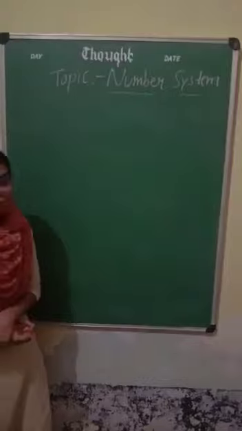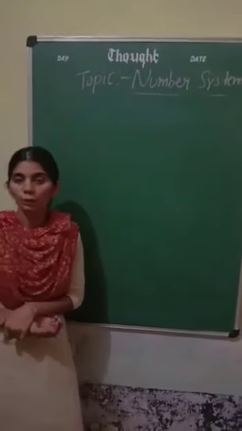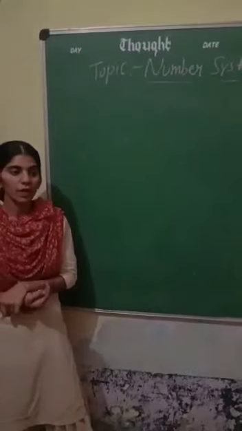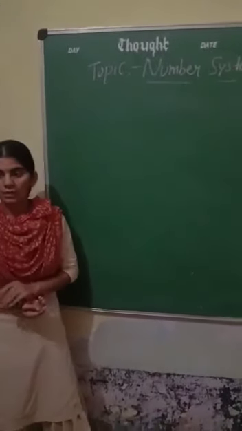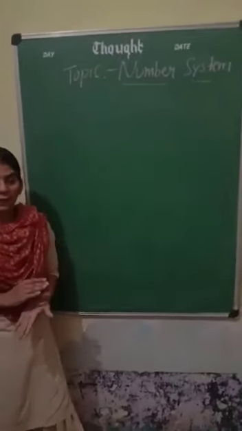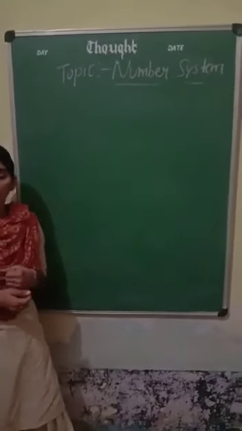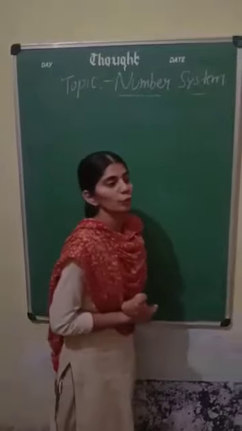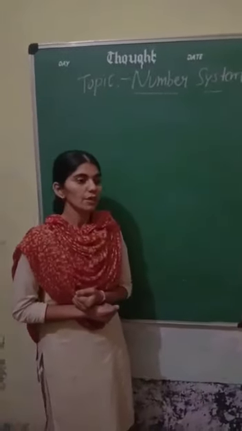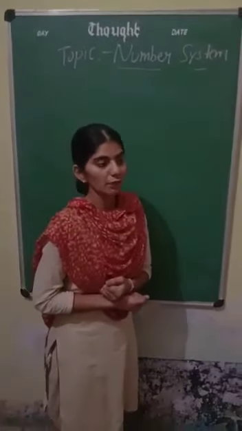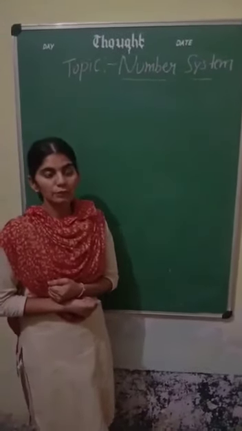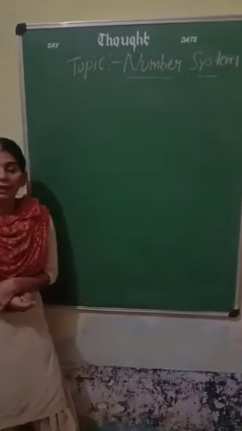So everyone knows about numbers. Numbers like 0, 1, 2, 3, 4, 5, 6. These are numbers and we will count in different ways. A computer is an electronic machine, and the data we store in a computer is stored in the form of 0 and 1, where 0 means off state and 1 means on state. In this form data is stored in a computer.